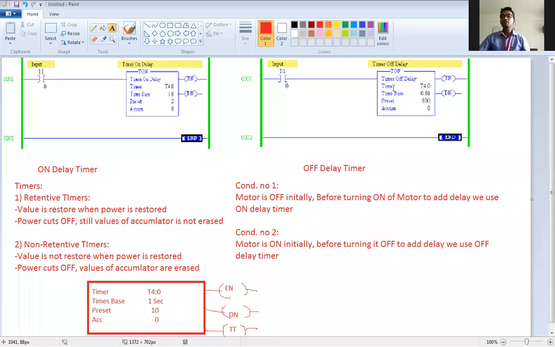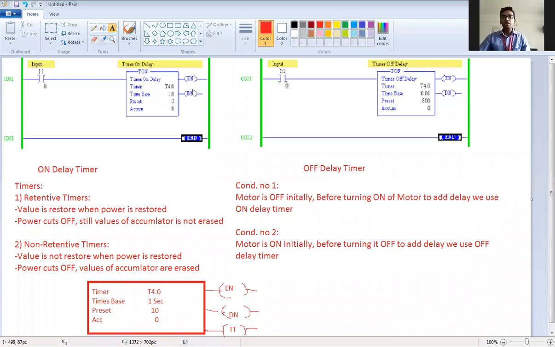This off delay timer turns on. So enable for on delay timer and off delay timer is the same. When the run condition becomes true, the enable of both the on delay timer and the off delay timer goes high. The difference is between done of the on delay timer and done of the off delay timer.